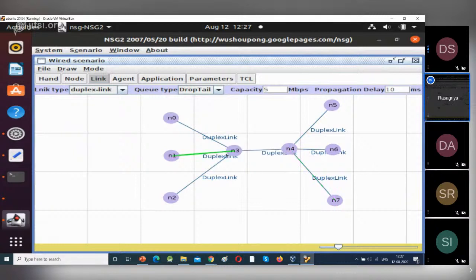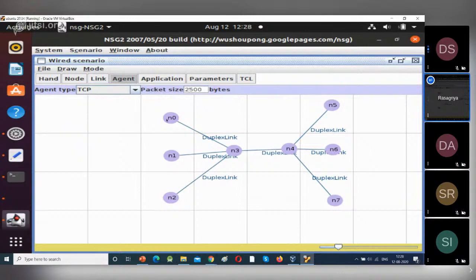Now go to agents. Now I want these three devices as my TCP agents. So select agent type as TCP. If you want UDP also, you can connect UDP. So I'm selecting TCP as my agent. Here the packet size is 1500. I'm changing it to 2500.